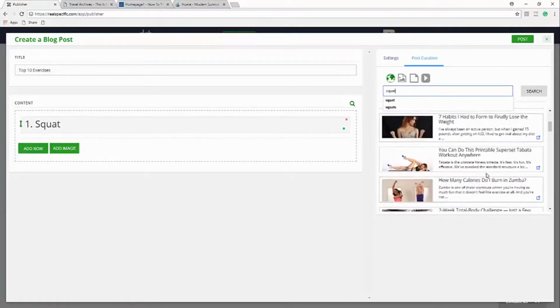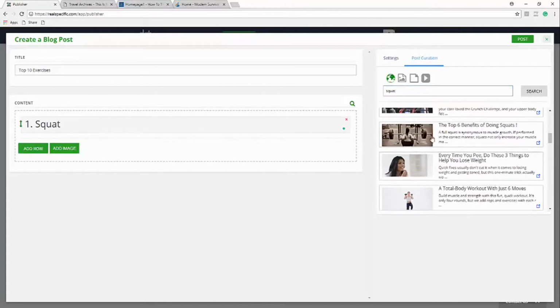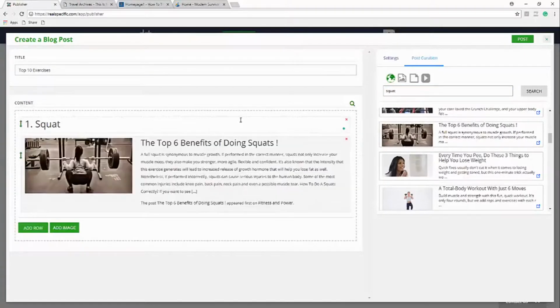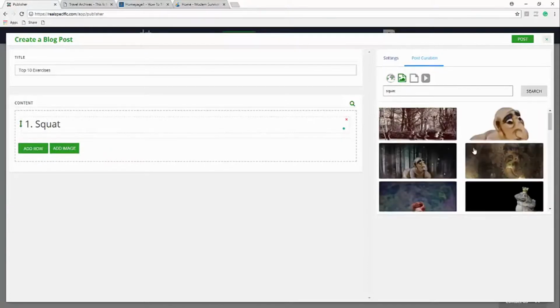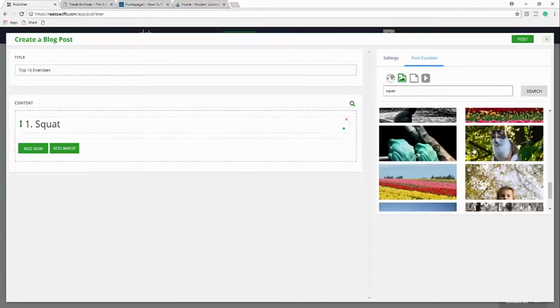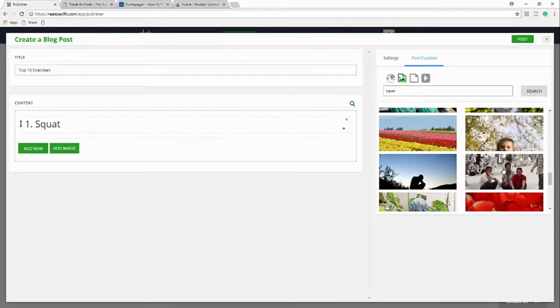All right, I can come through here. I can basically grab this content, drag and drop it in. Maybe I don't want to add this content, so I'll delete that and I'll go over to images. I'll come through here as this loads. And I will grab a cool image like this, and I could say, in third world countries, or in like